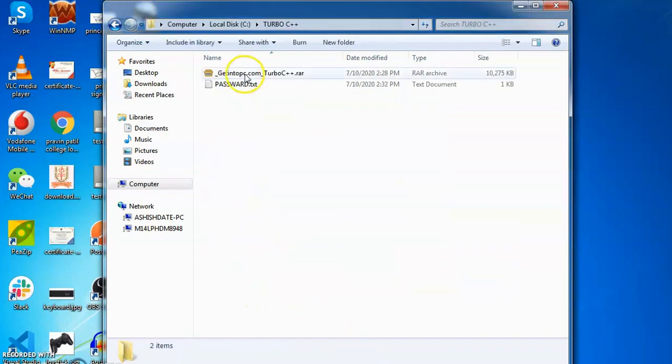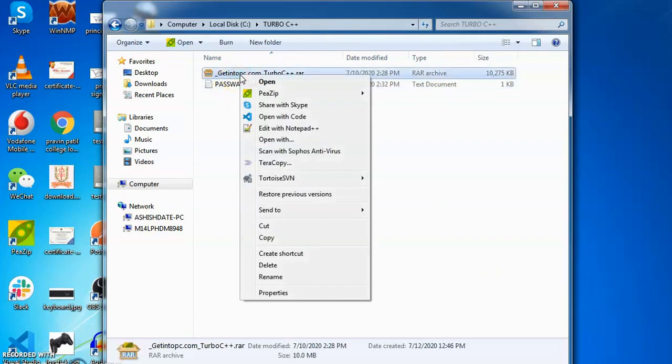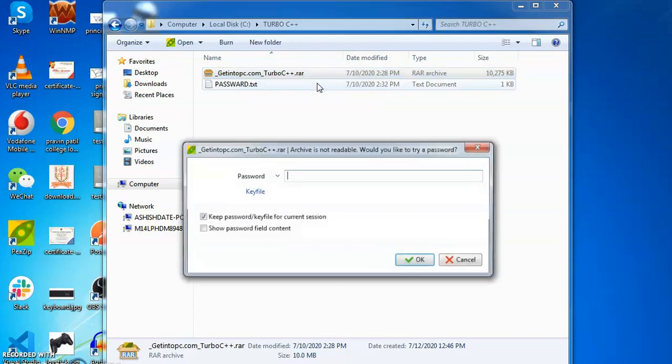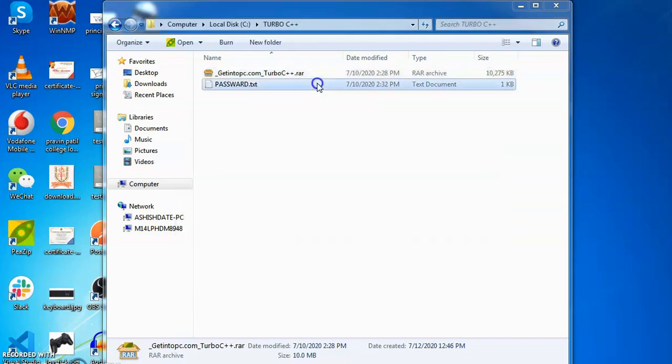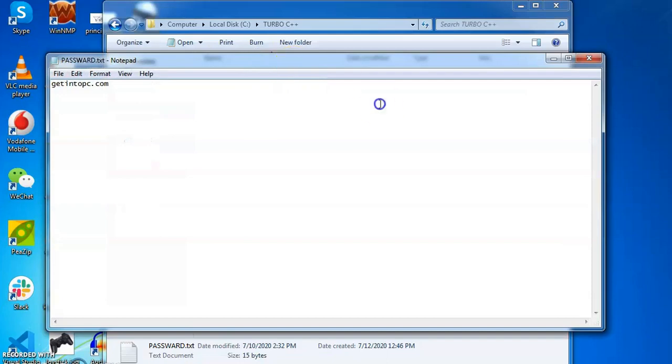Open this folder. You will get one RAR file, one password file. Right click on the Turbo C++ RAR file and open it. When you open, it will ask for a password.